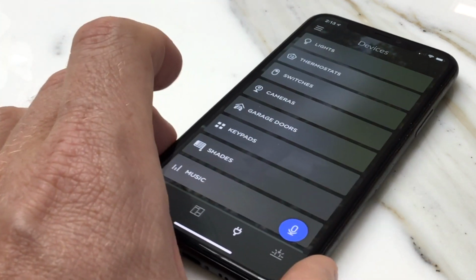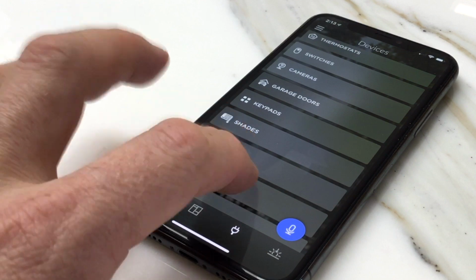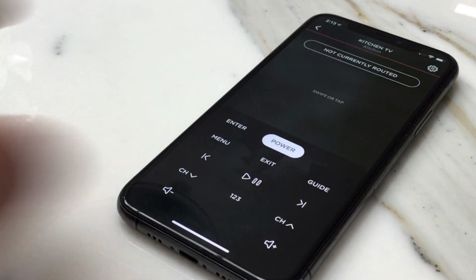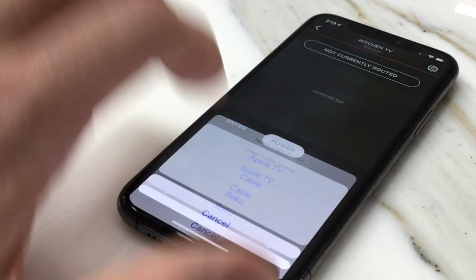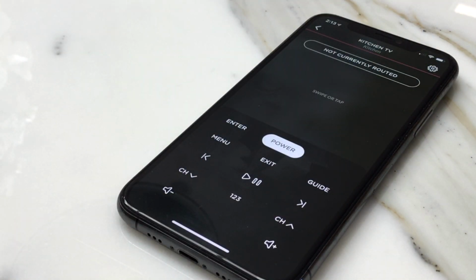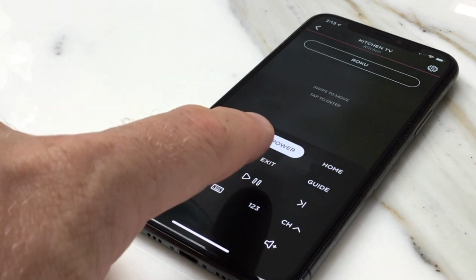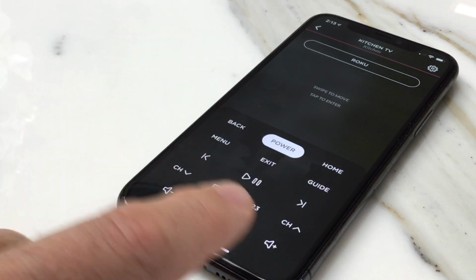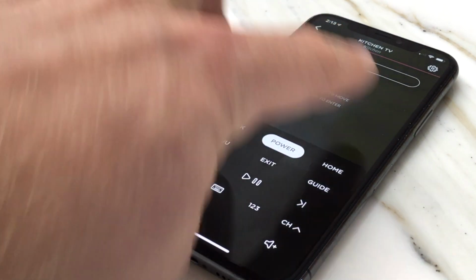One of the other things that's pretty new here is we've got a TV controller. In this case, we've got the kitchen TV, and here it's showing not currently routed. Let's route over to the Roku. What this is doing is showing that we've got our power control to turn the TV on and off, our home button, back button, different menus, play, pause, and then this whole area is basically a